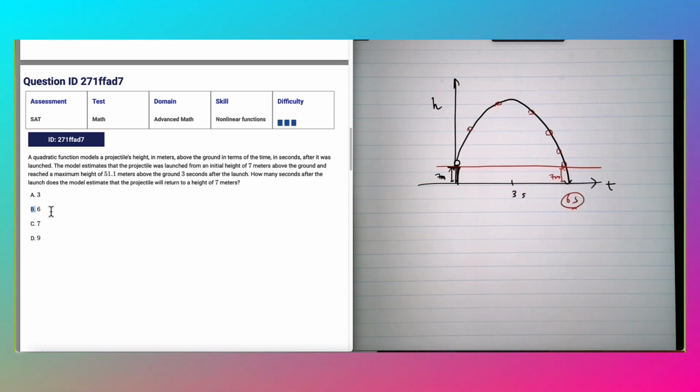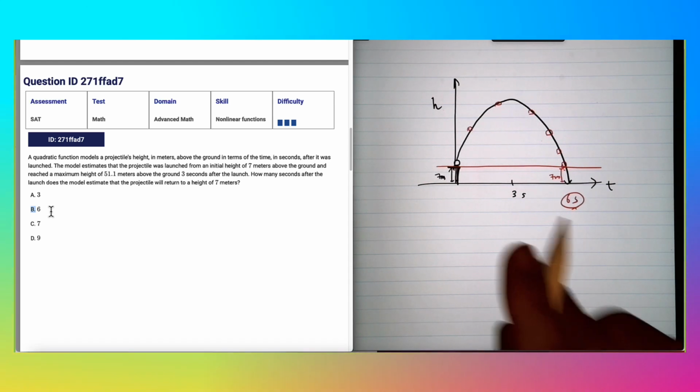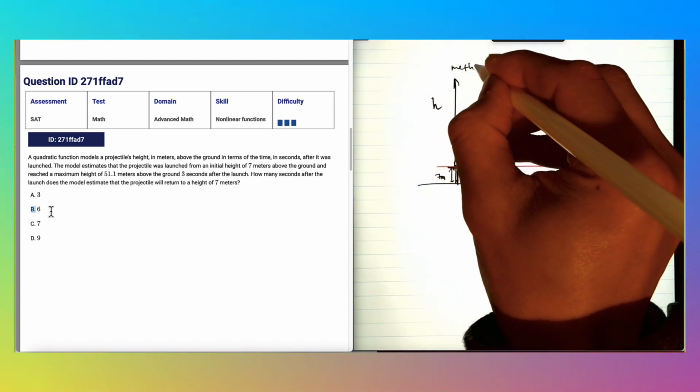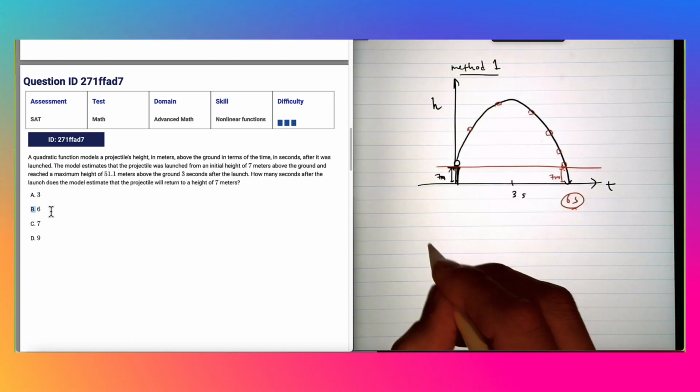Now let's say you want to do it analytically and your brain is not working on test day and you just want to do it how you were taught in math class. Alright, we can do that too. Okay, so this is method 1. I highly recommend you do this. Now method 2,